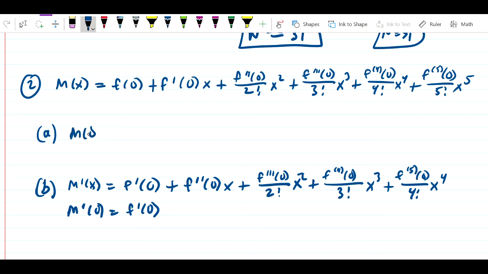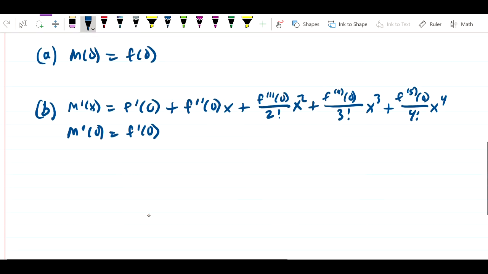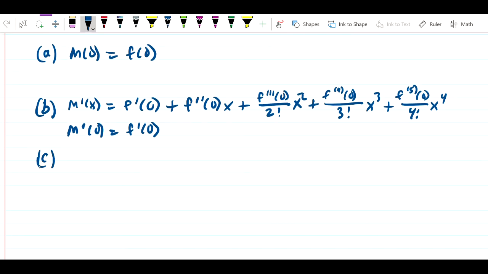So m of 0 is just going to be f of 0 for the same reason, because all of these x terms simply disappear when I plug in 0. So okay, I found now m of 0 equals f of 0, m prime of 0 equals f prime of 0. What we can see is that if I keep going and find the remainder of the derivatives, I get m double prime of x. I'm going to take the derivative of m prime. That's going to mean that f prime of 0 is just a constant, it disappears. I get now f double prime of 0